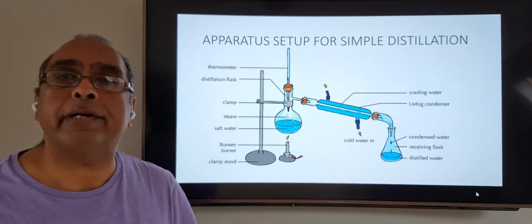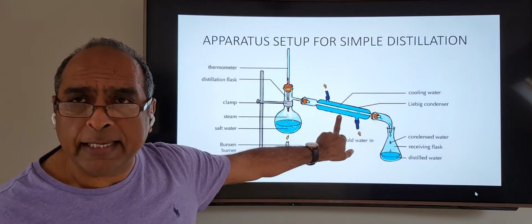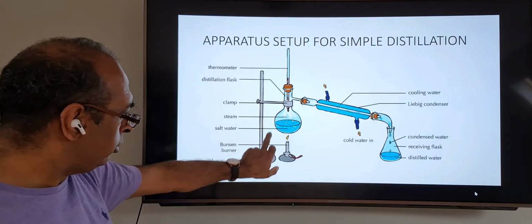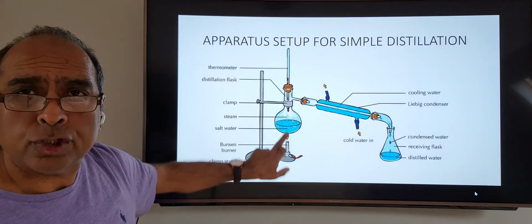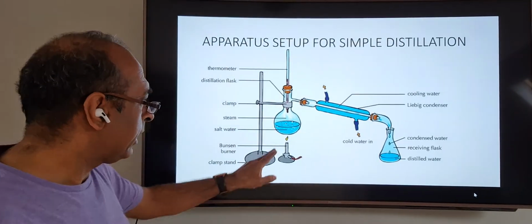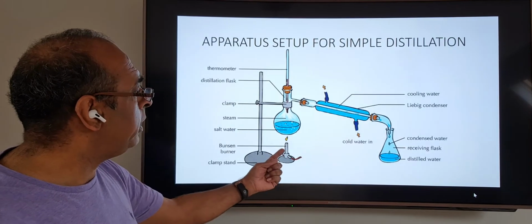Here, this is the apparatus. So this here is the Liebig condenser, or the condenser. You put your solution here, like salty water. You put that in there and you heat it with a Bunsen burner. The Bunsen burner heating it